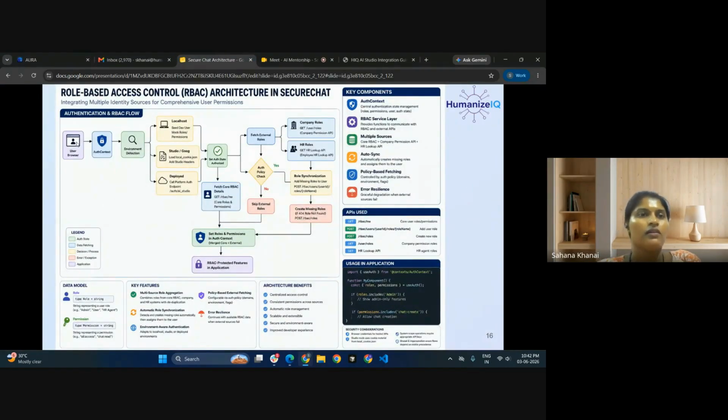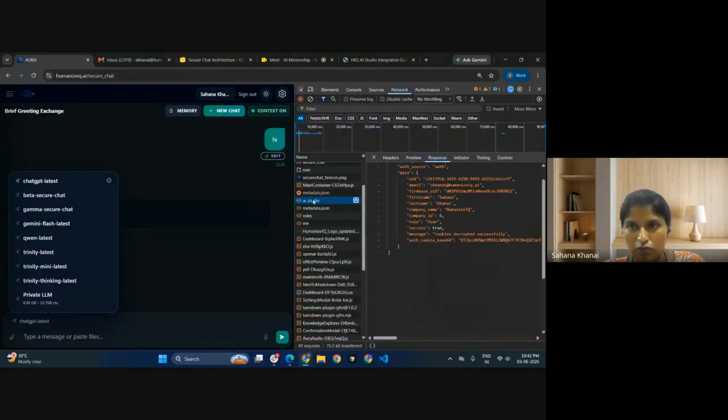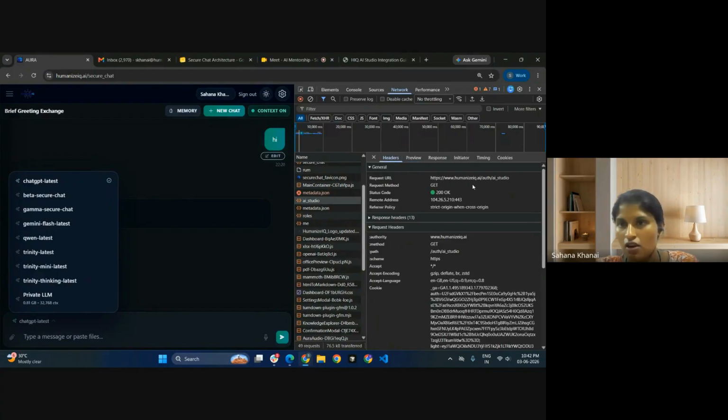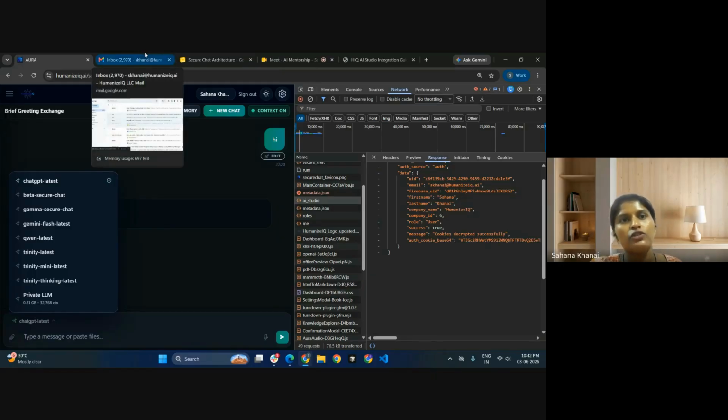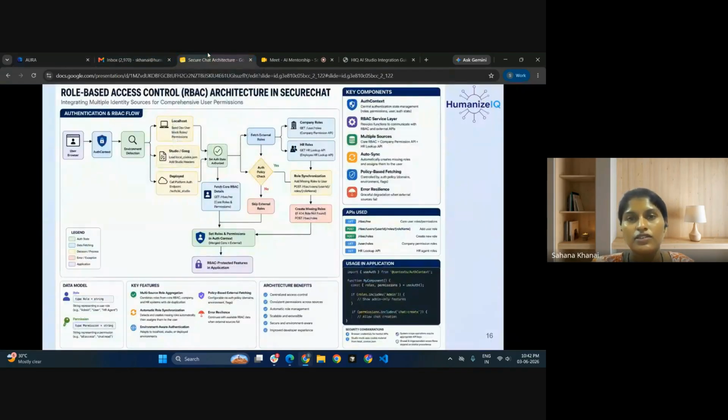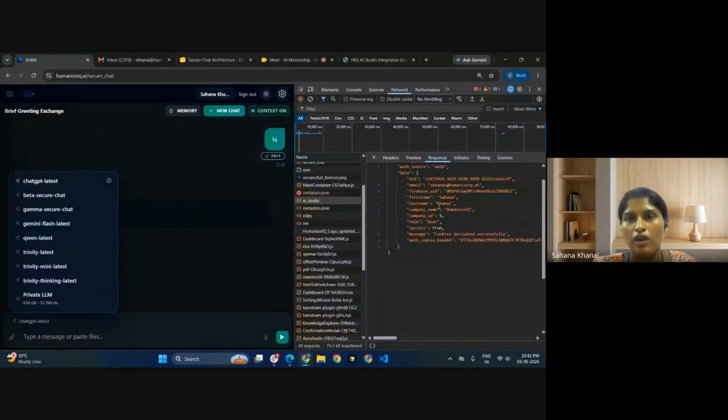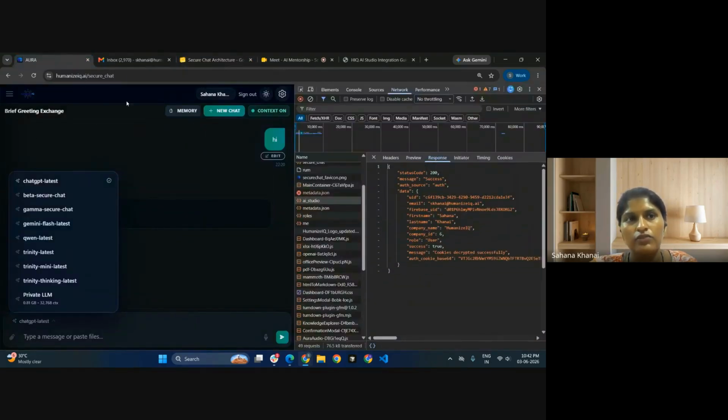So when a user comes, I will also show you one more endpoint, that is Auth AI Studio. Whenever a new user comes to the secure chat, at that time we are going to create the user record in our user management database table. Let's say today you were not given access to the secure chat, and today for the first time you have entered into the secure chat.